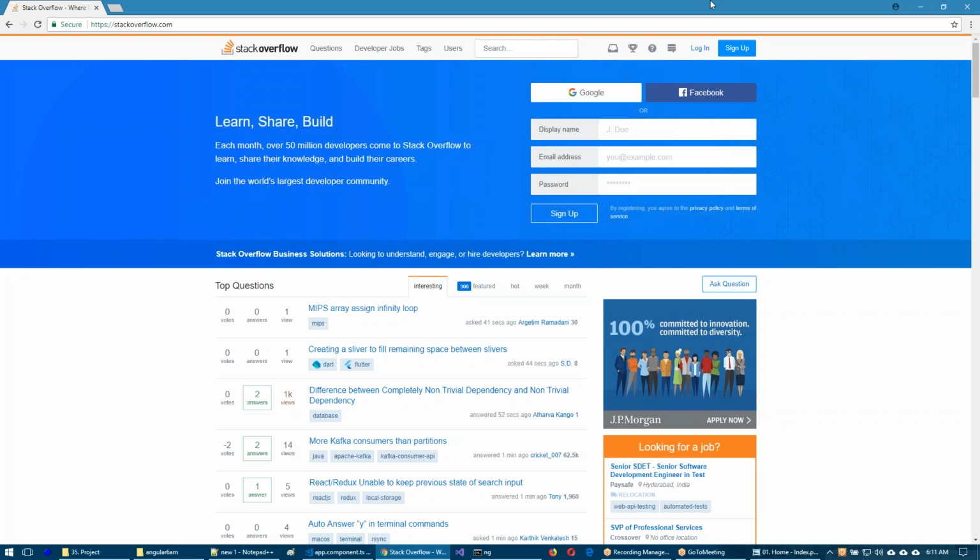So we are going to take one project parallelly. We are going to integrate all the topics of this particular course into one real-time project. Basically, we want to build a clone of the Stack Overflow website, which means we are going to build an application very similar to the stackoverflow.com website.